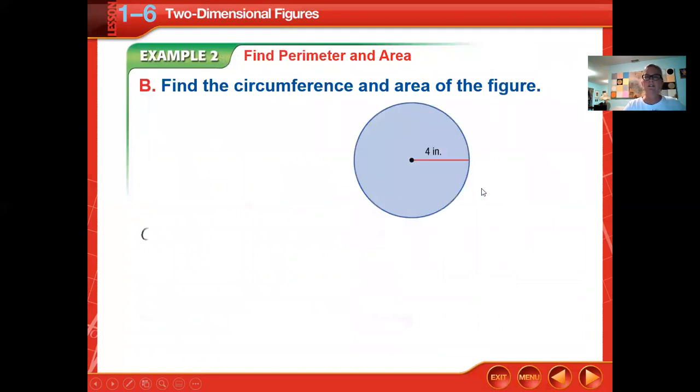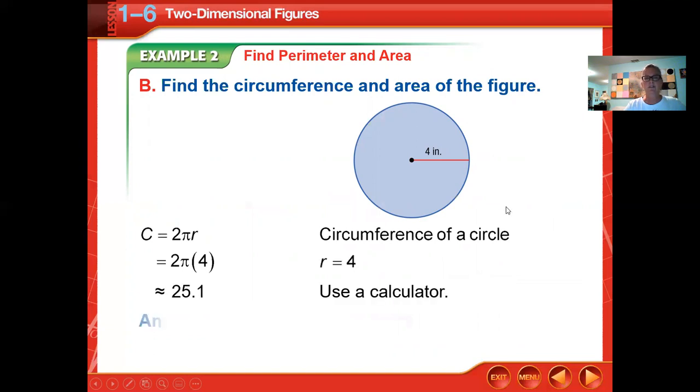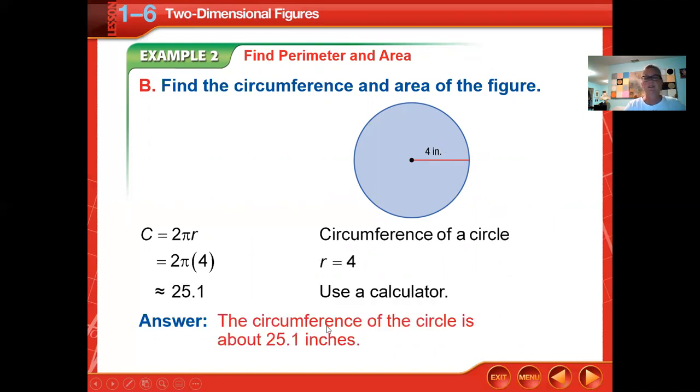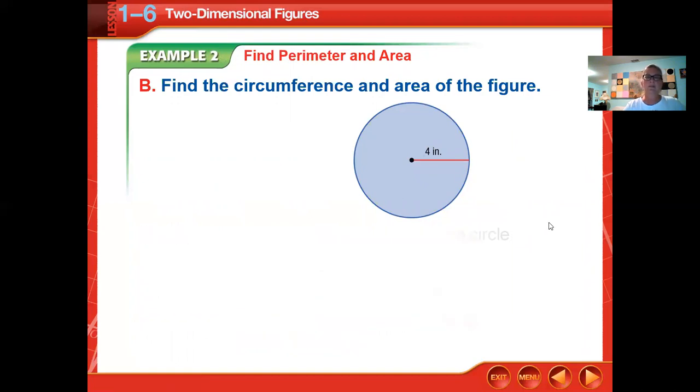Circumference, since circumference is perimeter, the units will be in inches. Since it started in inches, it's not square inches. Circumference is 2 pi r, r is the radius. Radius is half a diameter. The area,